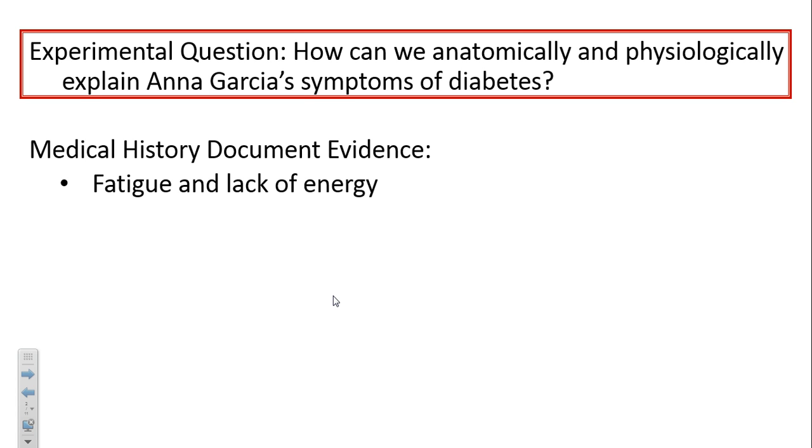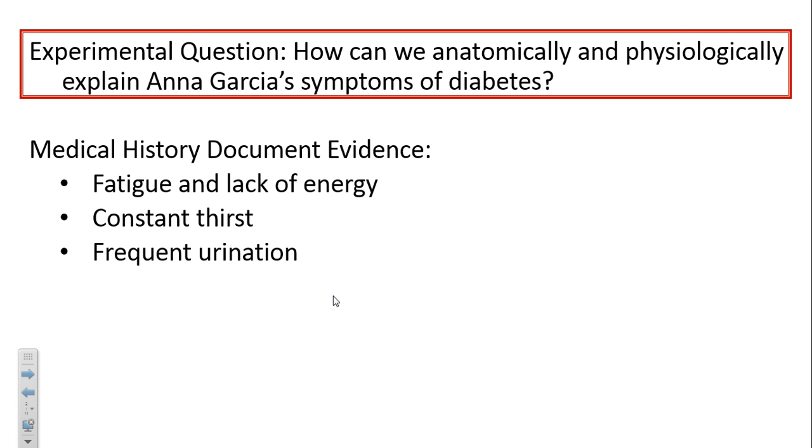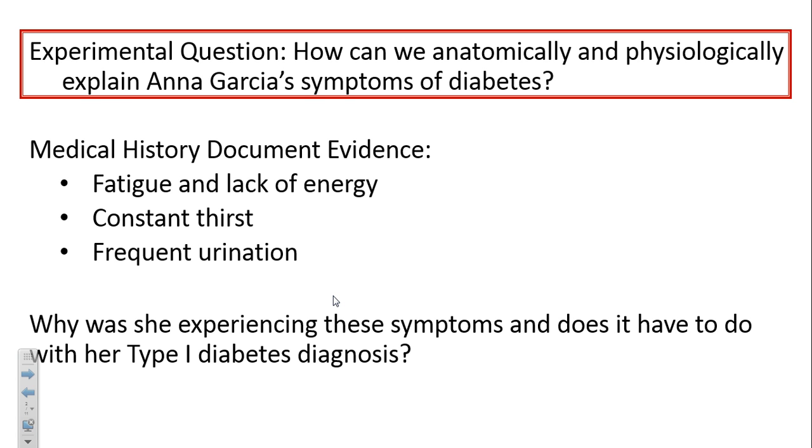And from the medical history document, you can probably remember that Anna Garcia experienced fatigue and a lack of energy. She had constant thirst, and she had frequent urination. Now, these things were symptoms prior to her actually being diagnosed with diabetes. So we're trying to explain how these symptoms pertain to diabetes using this lab. So we also need to know why she was experiencing these symptoms, and does it have to do with a